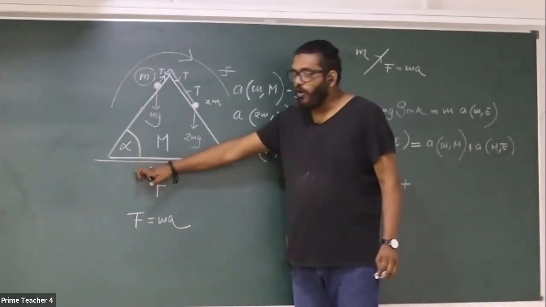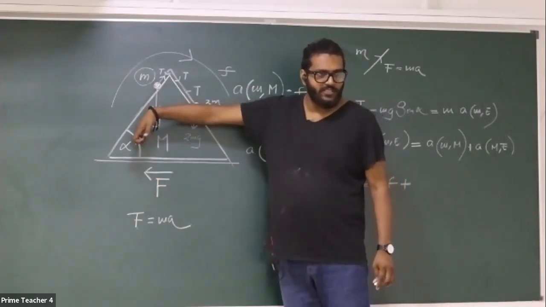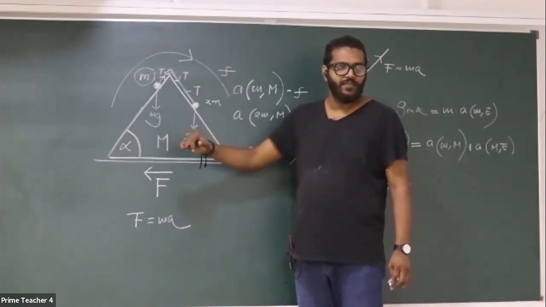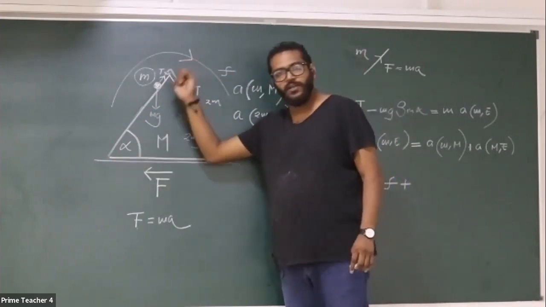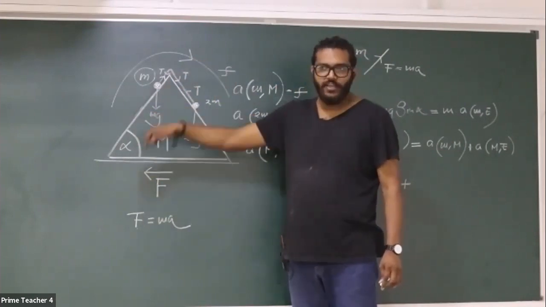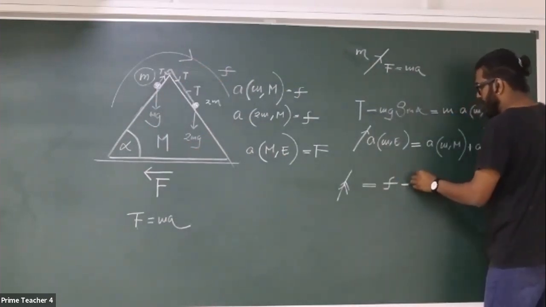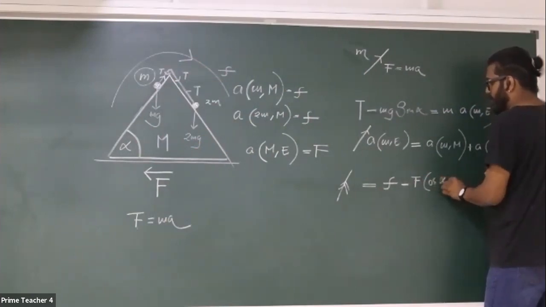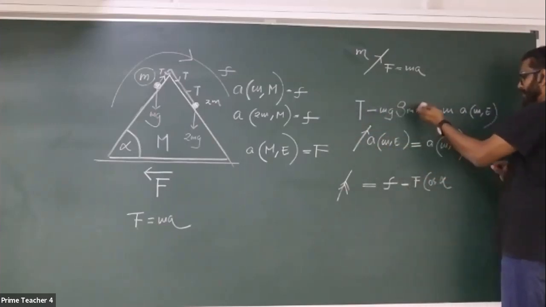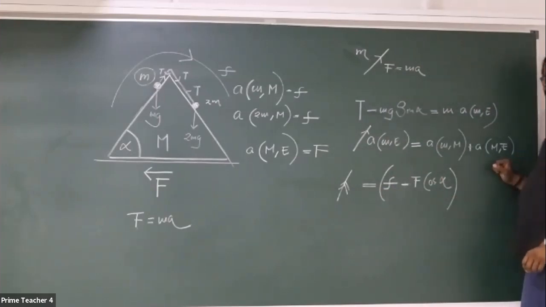So we have to take a component, isn't it? So that can be F cos alpha, but is it in the direction that we need, positive or negative? It should be negative, right? Because we consider from here to here, but it's the other way around. So it will be F cos alpha, certainly, but negative, so this is minus F cos alpha. Now you don't have to write all these steps after you get into this shape; straight away you can reduce this. There's no problem. But at the moment, since we are learning, we go step by step.